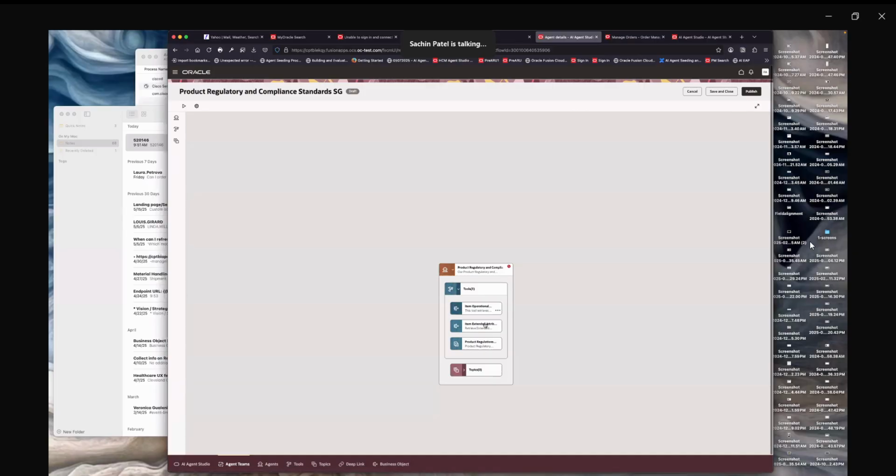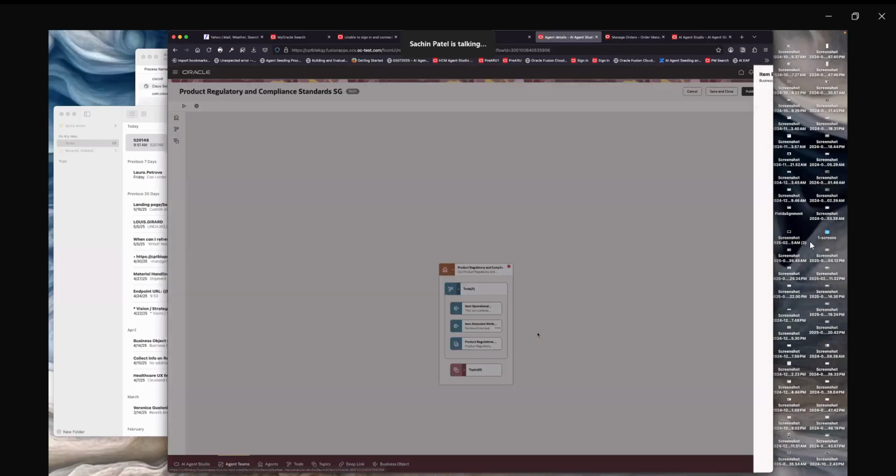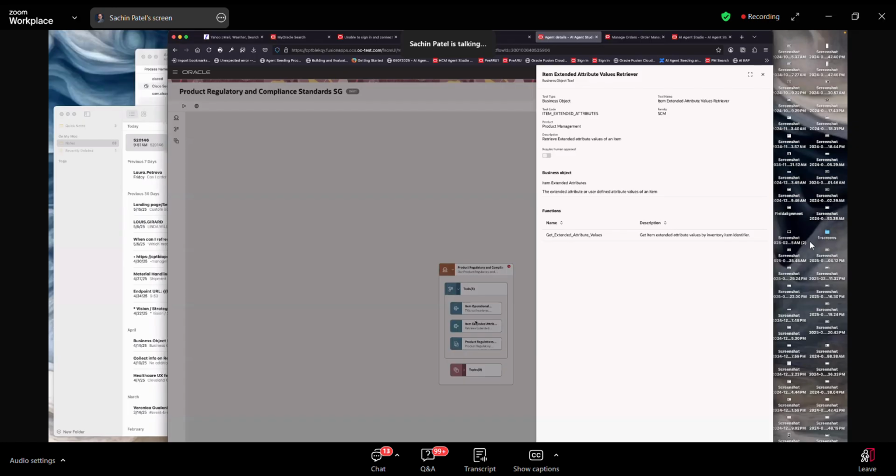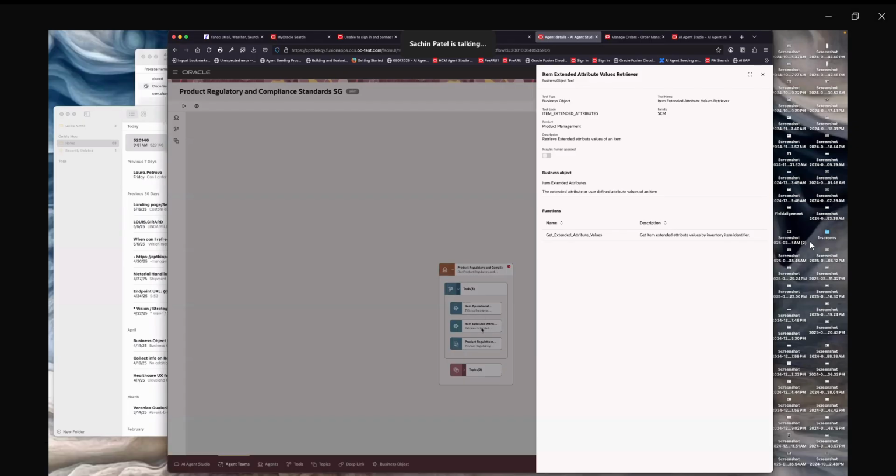But most of the compliance attributes are typically ones customers will want as extensible attributes. So this is a usage of how we can not only access predefined attributes, like the operational attributes that we have, but you can also access extended attributes that customers might have data in. Right? So the reason why, just from a design perspective, we use this is because